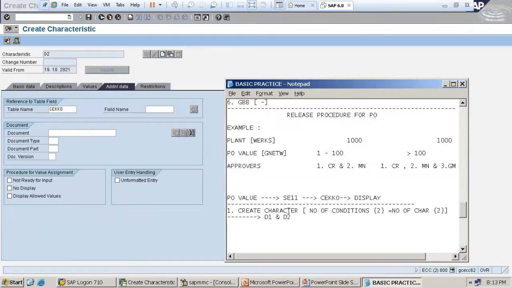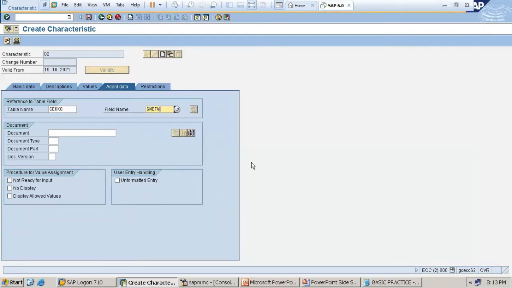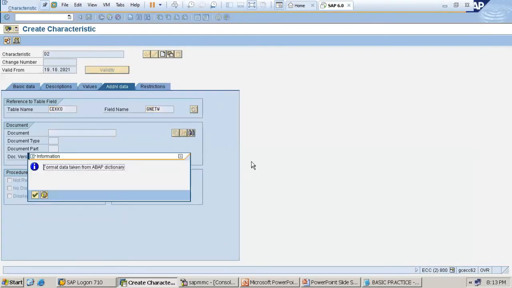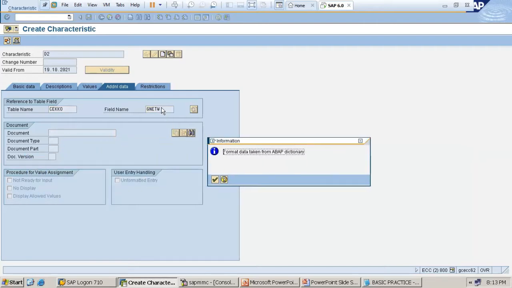We have the field name GNETW. Copy and paste here. Enter. Here, format data taken from the ABAP dictionary. Fine, so field name GNETW is there.